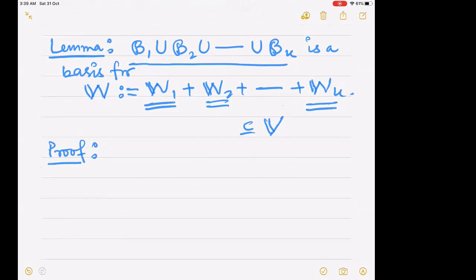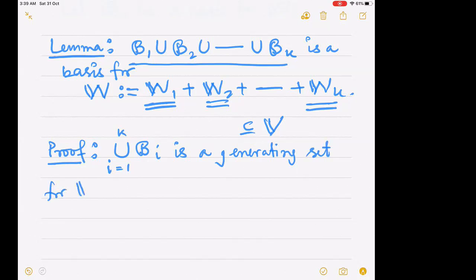How do we do the proof? Well, first thing that we notice is that this union, let me write it in shorthand, union i going from 1 to k, Bi is clearly a generating set for W, of course, because